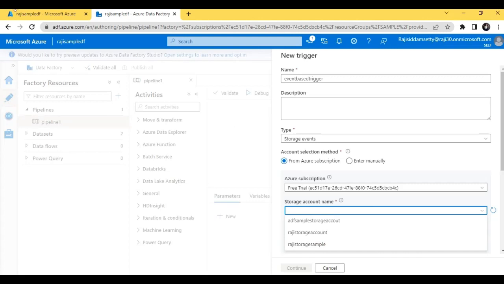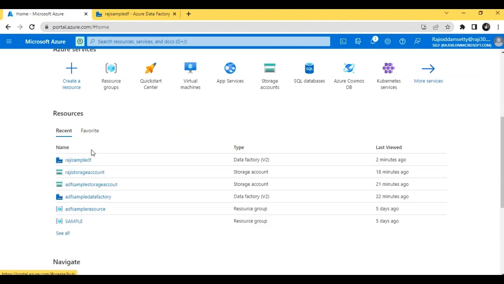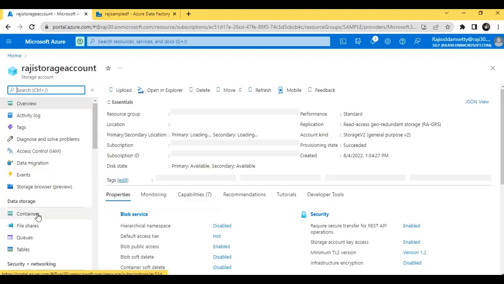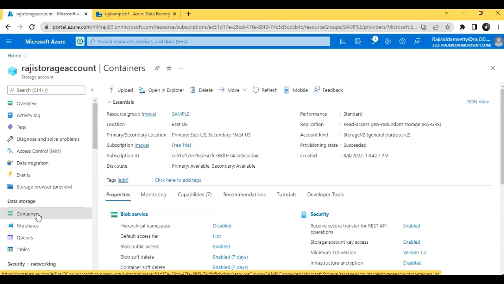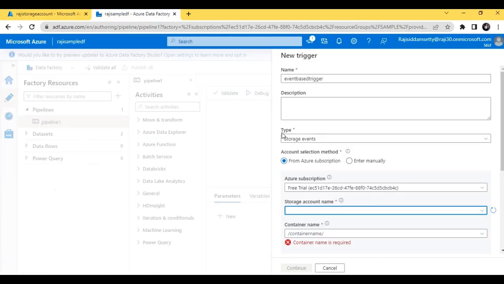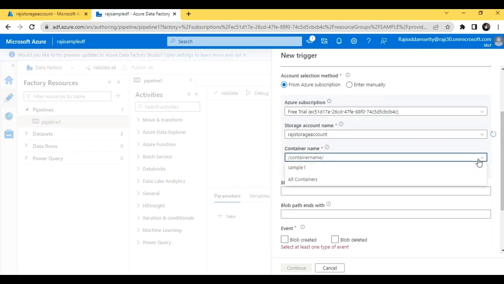So here you have to select the storage account name. So first let us open the storage account. Go to containers. So select the storage account. Now we have to select the container name. So select the container name